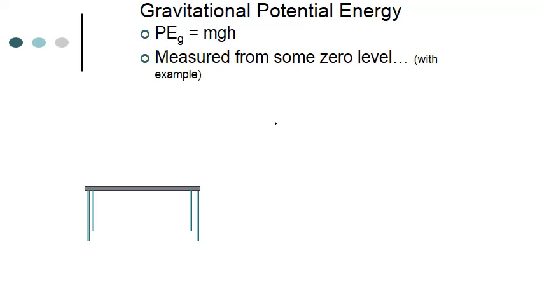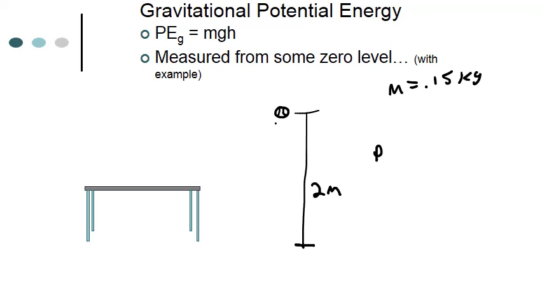So in other words, if I had a ball and I had this ball up here, and let's say it's at 2 meters, and let's say the ball's mass is 0.15 kilograms, we would have a certain potential energy. So potential energy is mgh. We'd have the mass, which is 0.15, times g, which is 9.8, times the height here, which is 2 meters. And let's go ahead and calculate that real quick. So 0.15 times 9.8 times 2 is 2.94